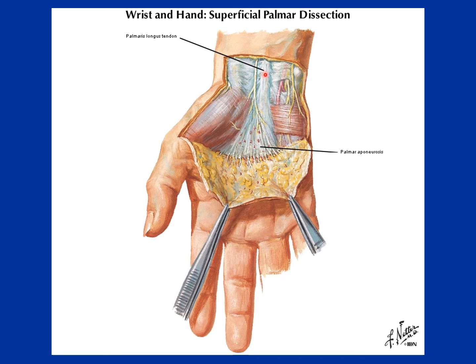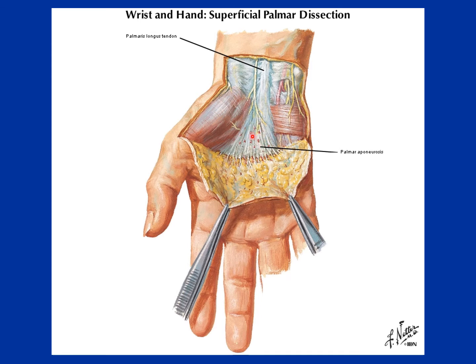We are seeing the tendon of palmaris longus, which is the anterior compartment muscle of the forearm. We can see the flexor retinaculum. This palmaris longus tendon is attaching to the flexor retinaculum, and as it is moving forward, it is expanding into a triangular band that is known as palmar aponeurosis.